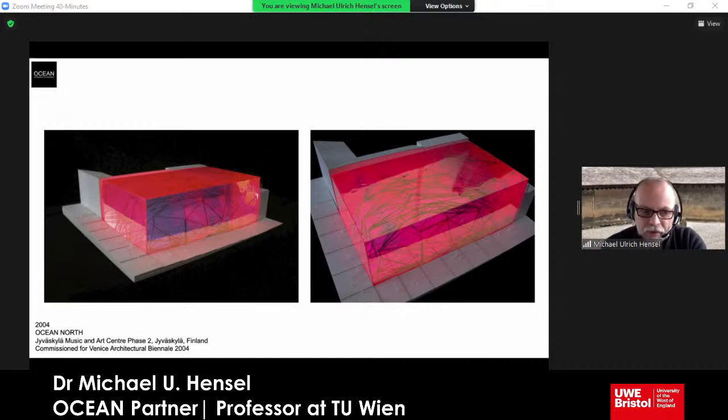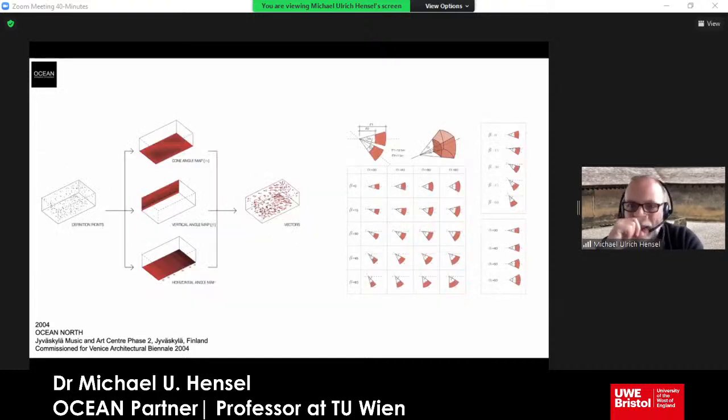And so in the following years, we try to develop processes in design generation and generative processes that were multi-step and that had clear rules,